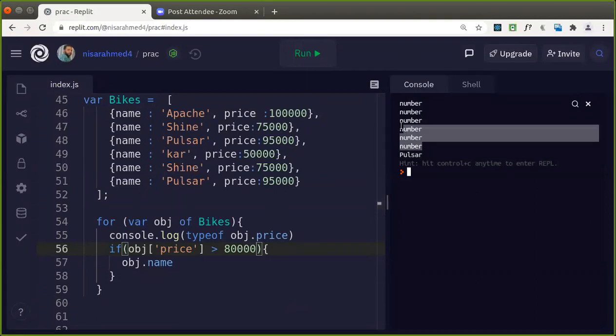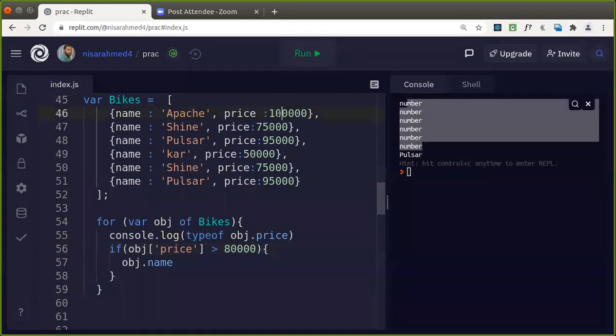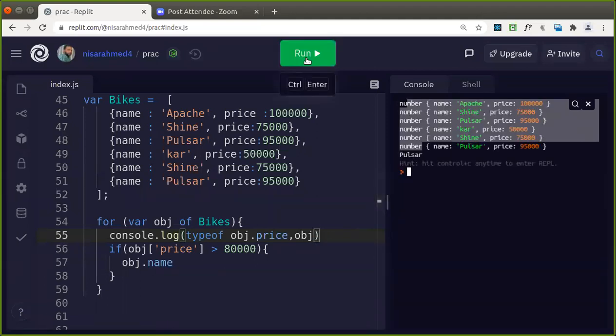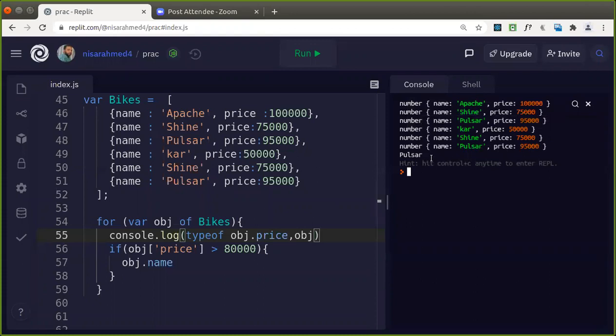The data type for these key values is number. Yeah, it has just displayed the last one. I think the Pulsar at the last, 95,000. Okay.